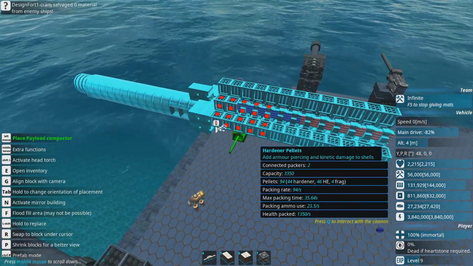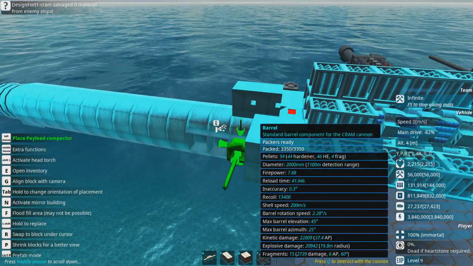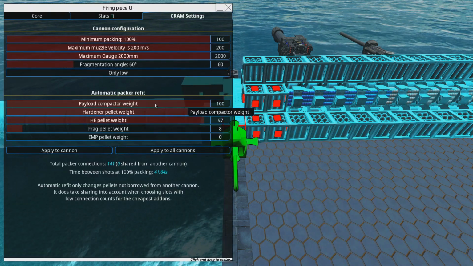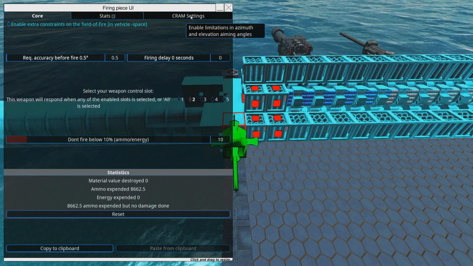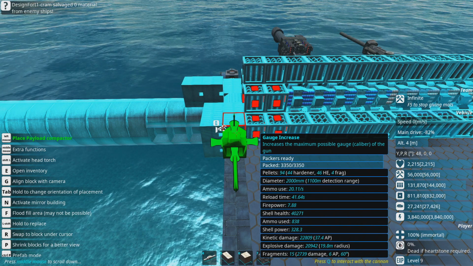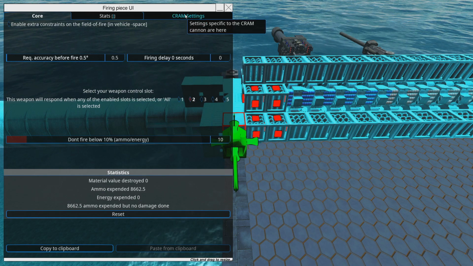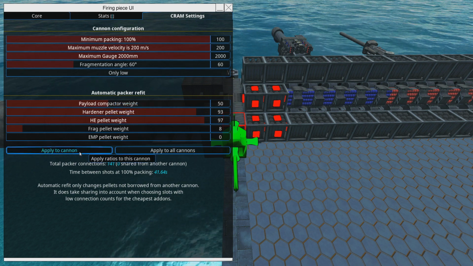I'll show it on this. This is a much larger gun, as you can see here, with a lot more items on it. I would say this is ultimate, but what we've got is a 2 meter gun. Our CRAM setting at the moment is 100 on the payload compactor, and our settings are 41.6 reload time, and we've got 3,350 of packed items. If we go into the menu now and take that down to 50%